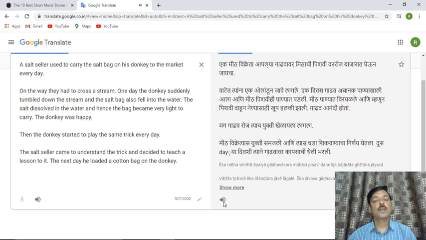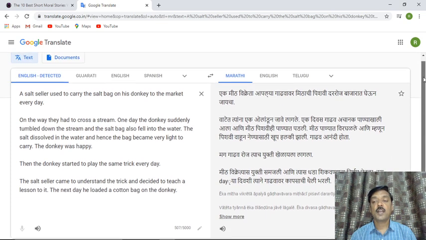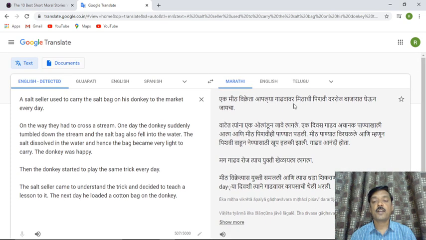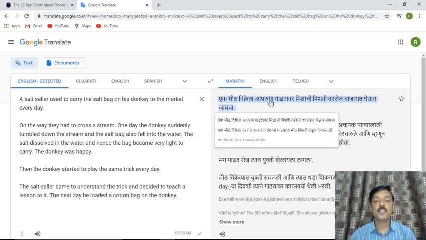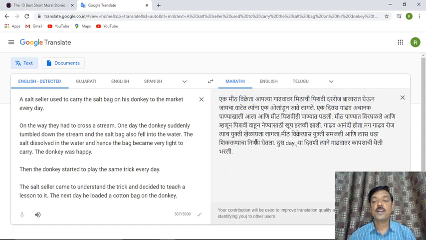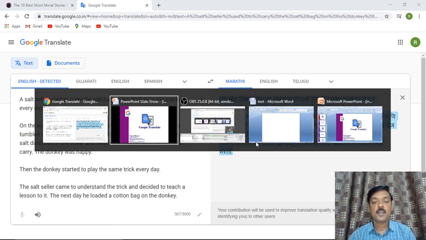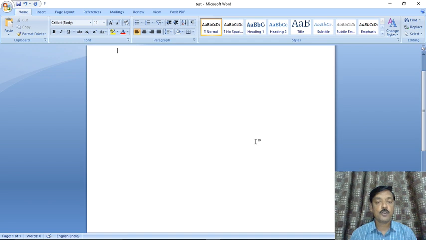So this way it is possible for you to even listen to whatever you have translated. Again I'll try to choose another language, but prior to that, we are going to select this text, and the moment I select part of that text, it is saying improve translation. So there is an option of improving the translation, so I'll click on that. My translation will be getting improved. I'll select that, copy that particular one and paste it into the Word document.